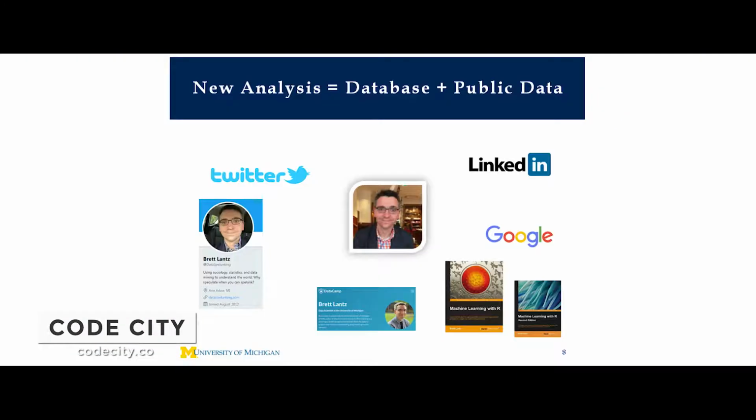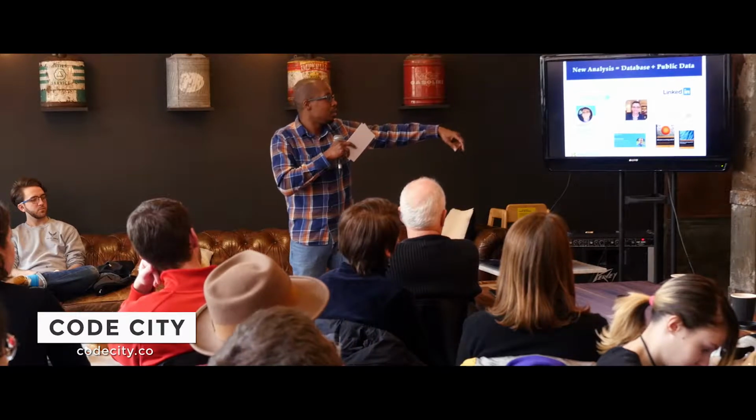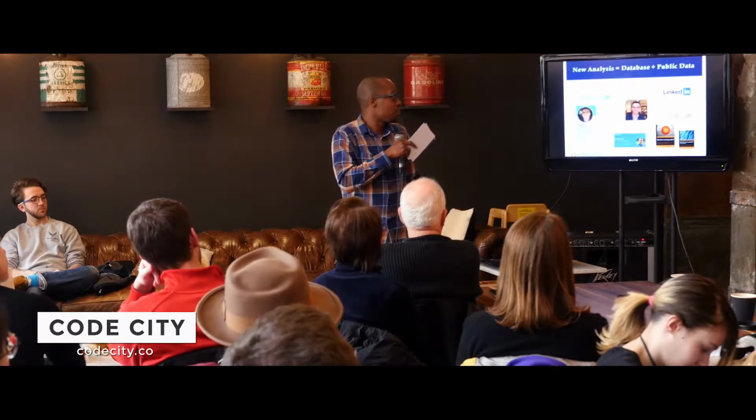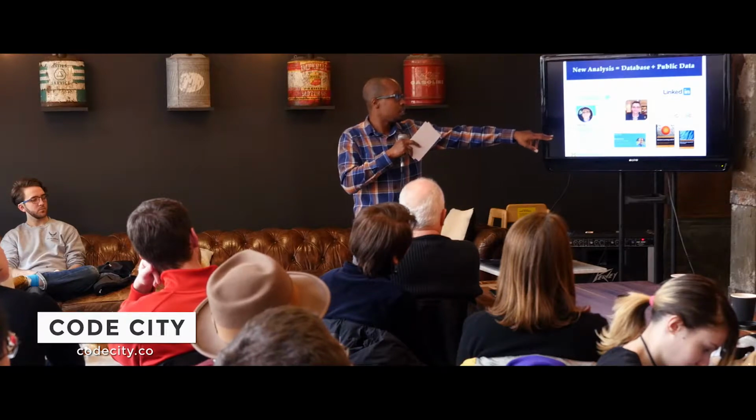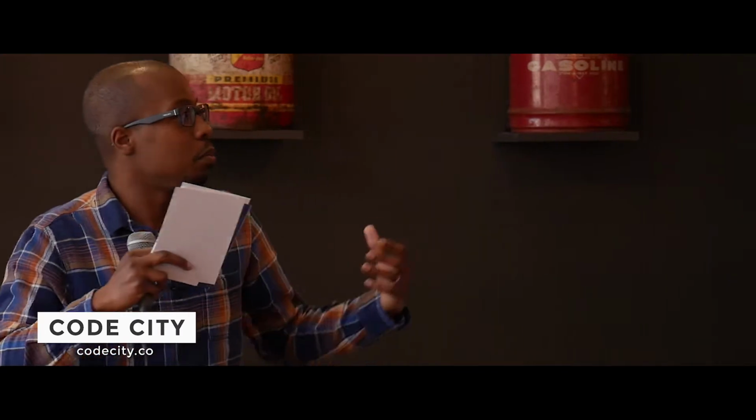So this is a guy who graduated from the University of Michigan and works at the University of Michigan. We've got all the standard stuff in the database about him, but then we can also go to his Twitter profile. He's written two books, so we can go to Amazon and get that information. You can find him on Google and on LinkedIn. He has taught data science courses, so that's another way. We can bring all of this data together with the information in our database to get a much better idea of what this person is interested in. Because that's basically what we're trying to do.